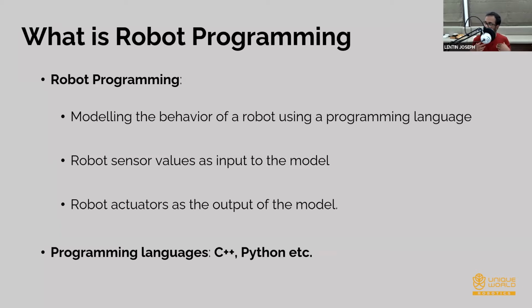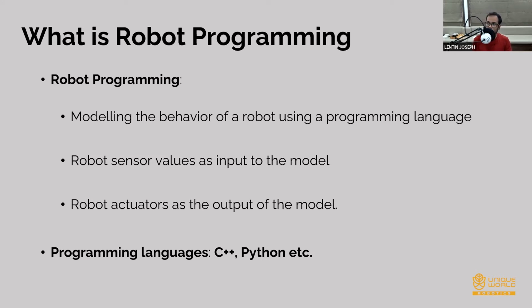I am looking at it the same way: the scope of robot programming is that we can create the intelligence in the robot by programming. Like Microsoft gained traction in the computer world, now ROS is going to gain momentum in robot programming. That is what I have to say about robot programming and ROS.